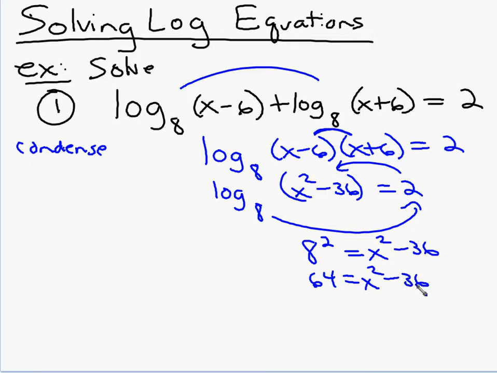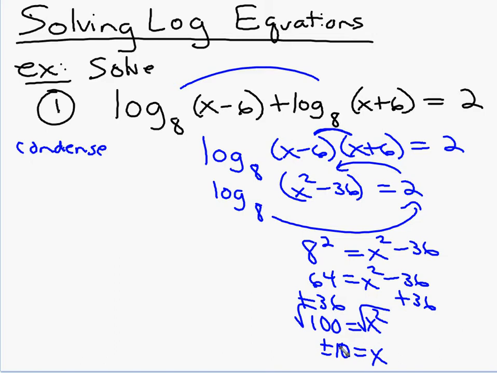If it were me, I would do extracting the square, which, if you remember, that just means we get the x squared by itself. So I have 100 equals x squared. Take the square root of both sides, and I get that x equals plus or minus 10. But wait, before we say that is my answer,